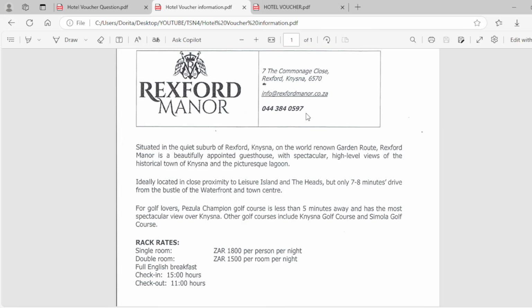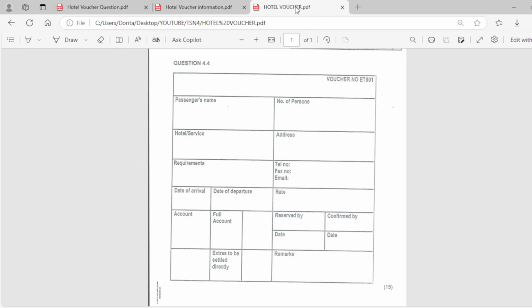Then the information for the hotel you get on the addendum, the address, the email address, and the telephone number. So in this specific paper, they only gave us 1 telephone number. A lot of times they will also give a cell phone number, they will give a fax number. But if they don't, it doesn't matter. You just fill in the information that you've got. You see, because on the voucher over here, it gives space for telephone number, fax number, email address. So we obviously don't have a fax number in this case. You don't make up your own or feel like you've got to figure it out. You just leave it blank.